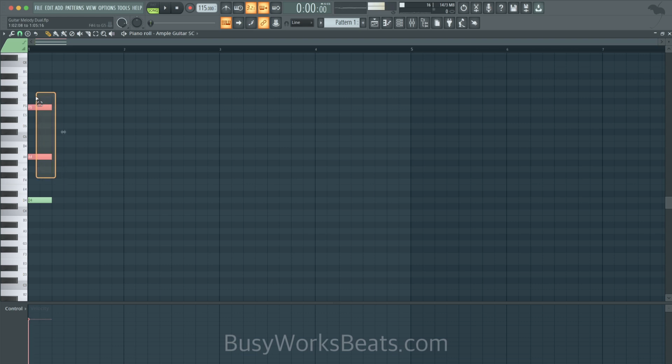So think of it like frequencies. If you have too many frequencies stacked up, it gets a little blurry. Not that it's wrong, but it just gets a little blurry. So now let's make E our top note.